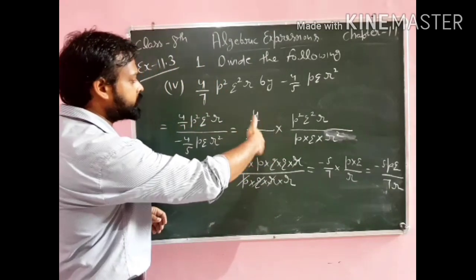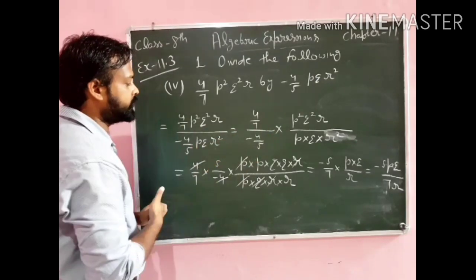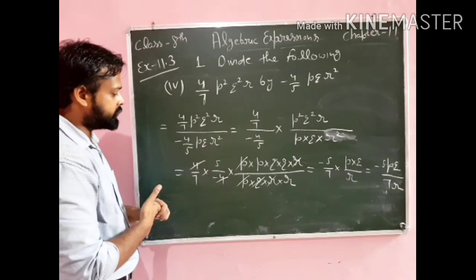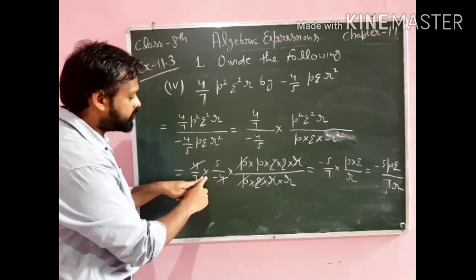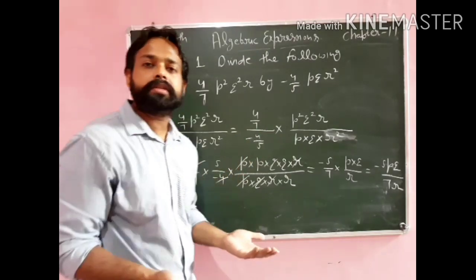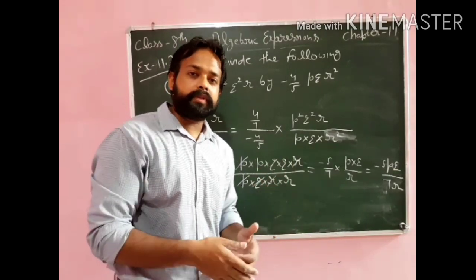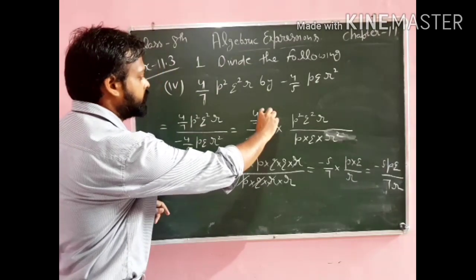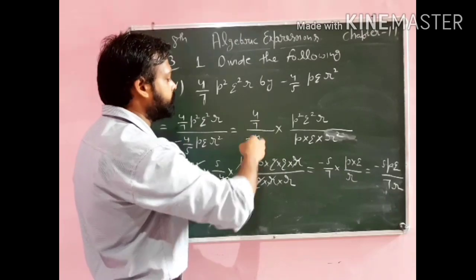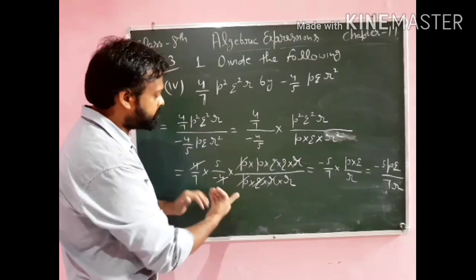Okay, we know how we can solve this one, where the fraction is already in the numerator and the fraction is already in the denominator. Then first of all we write the numerator 4 by 7 as it is. Then after putting a sign of multiplication, we can take the reciprocal of 5 over minus 4. So as you know, this is the rule for how we can solve these kinds of fractions. First of all we will write the first numerator as it is, 4 by 7. Then after putting a multiplication sign, we can take the reciprocal of this denominator. So it will become 5 over minus 4.